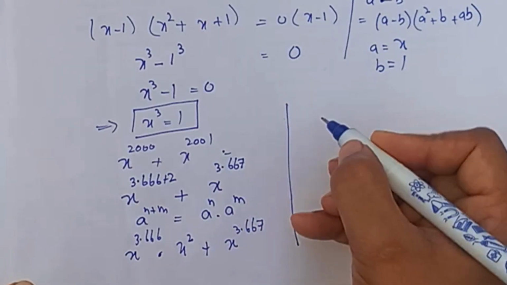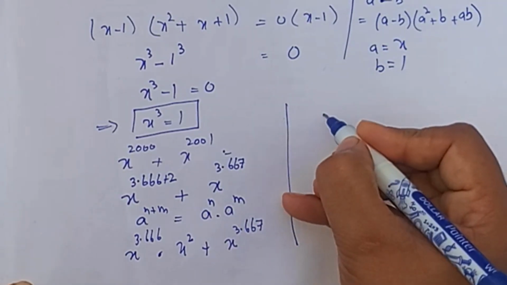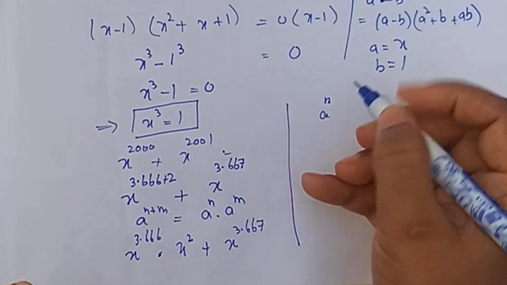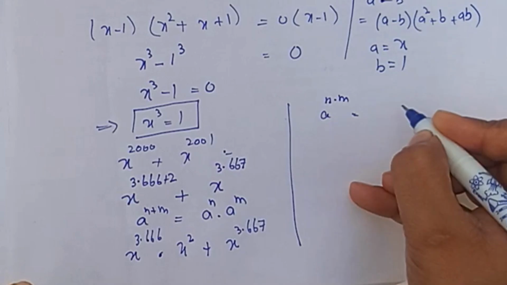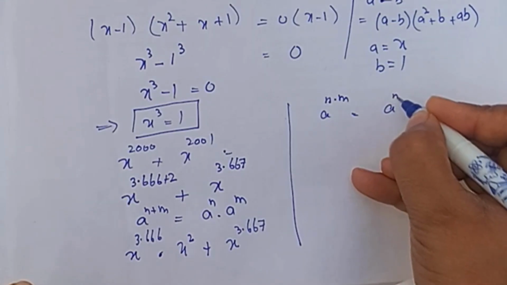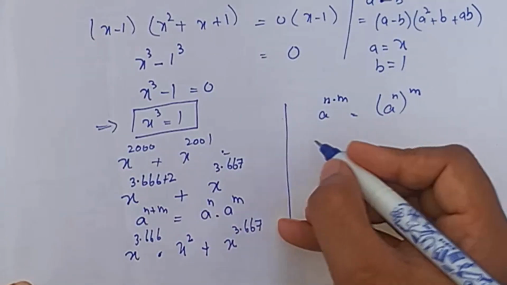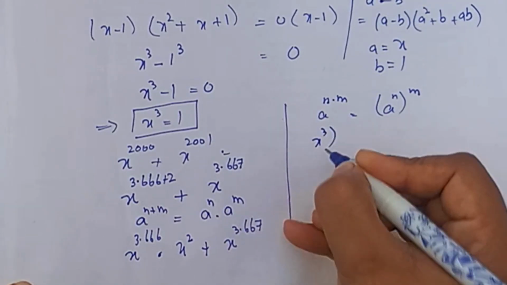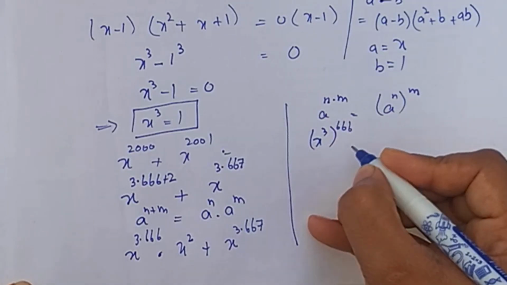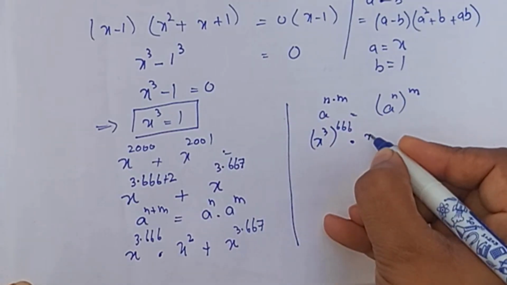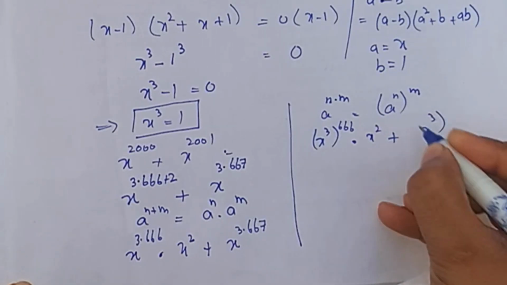Now in the next step, we use another property of exponent, which is a raised to the power n multiply m. We write this as a raised to the power n multiply m. So we write this as x cube multiply 666, and this is x square plus we write this term as x cube